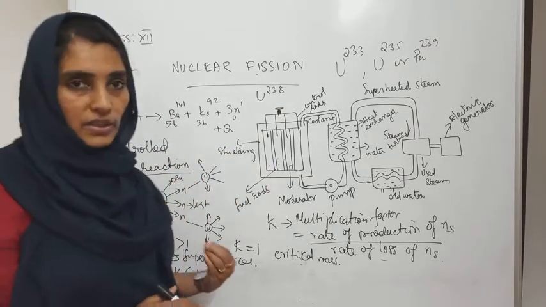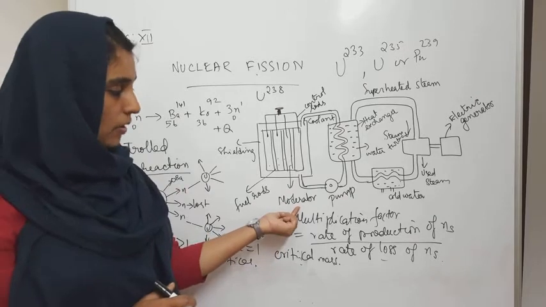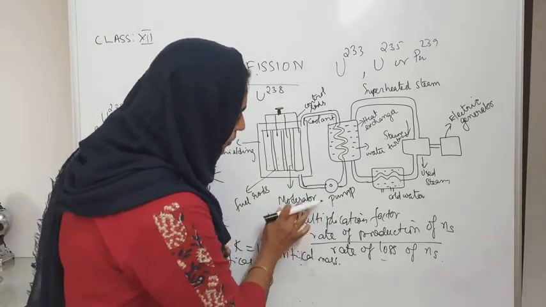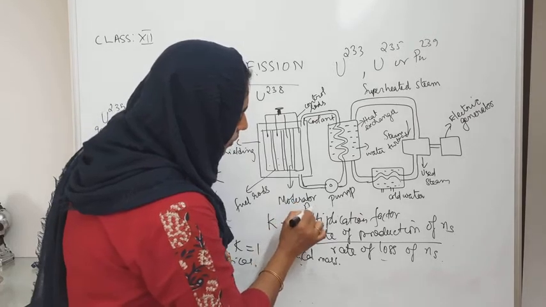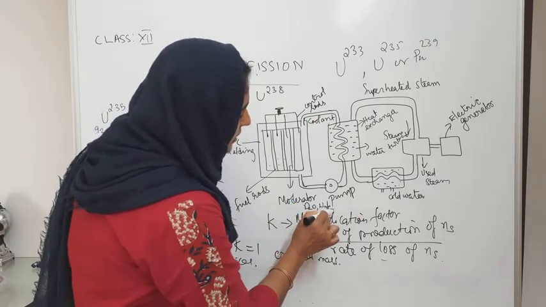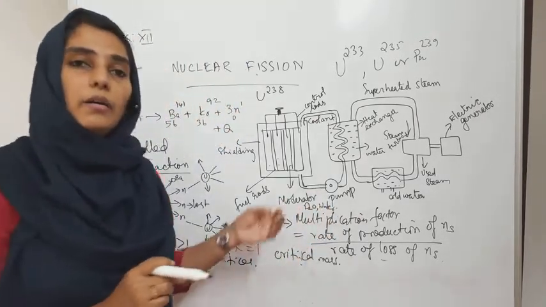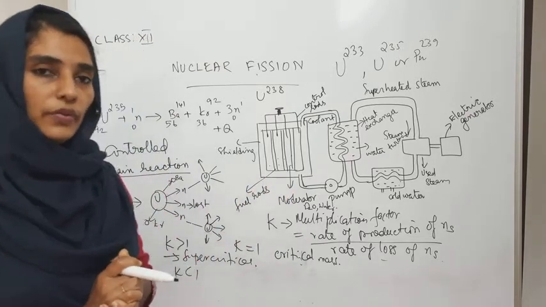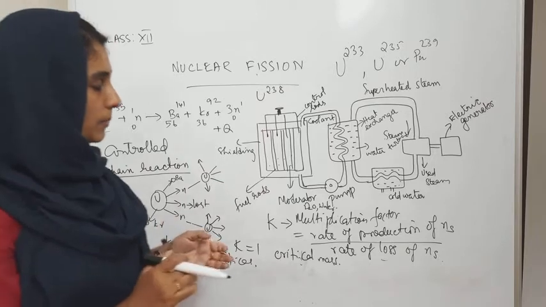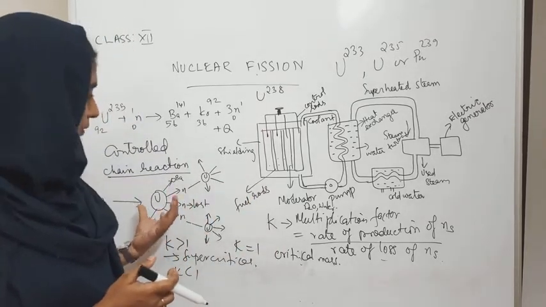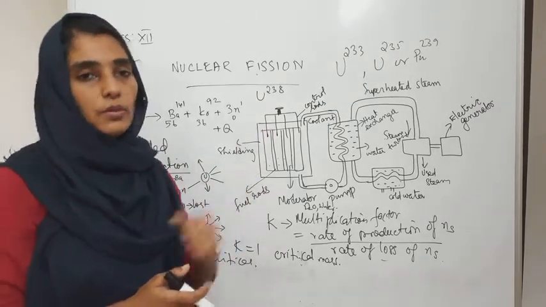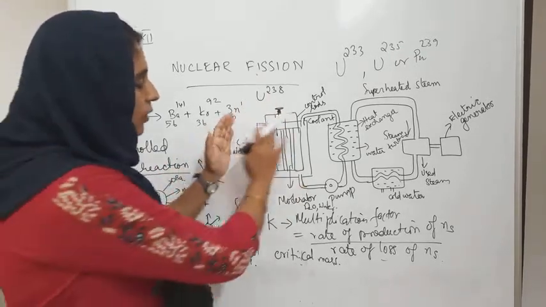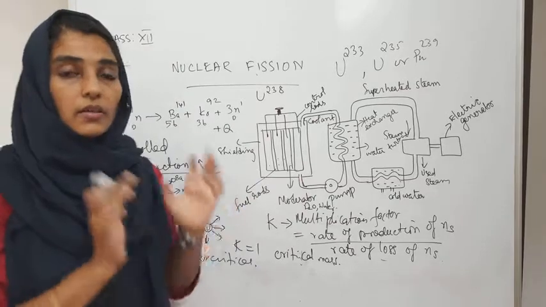So how to slow down the neutrons? That is done by moderators. Usually heavy water, D2O, or water is used as the moderator. The function of the moderator is to slow down the fast moving neutrons and increase the probability of slow neutrons bombarding the uranium 235. So this is the reactor core, and the whole core is shielded with concrete walls,